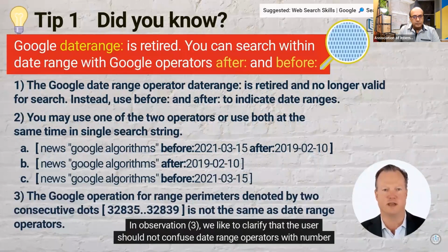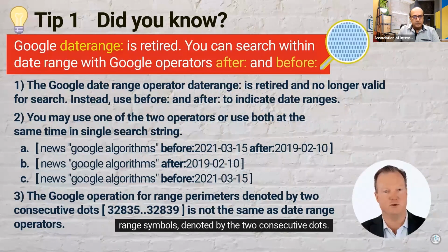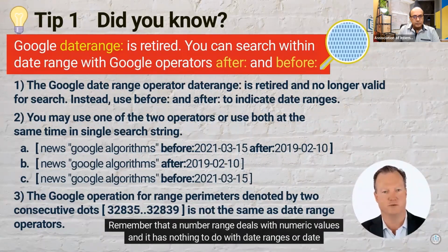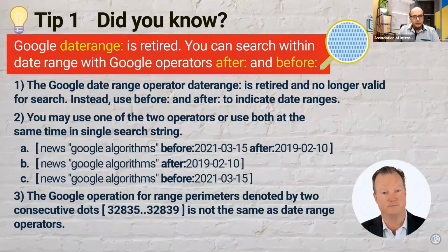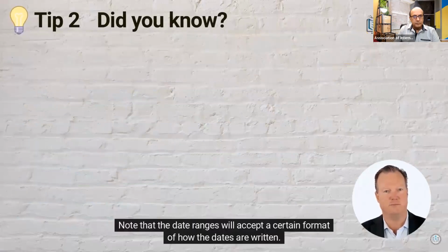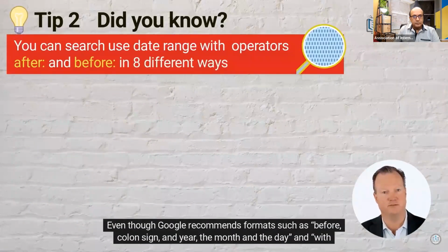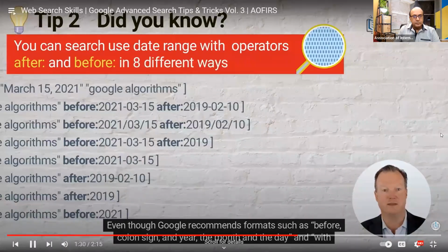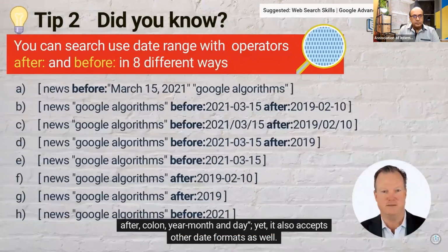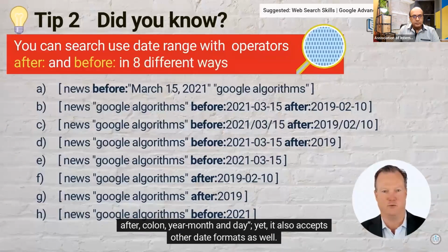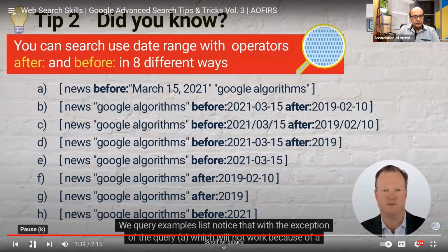In observation 3, we like to clarify that the user should not confuse date range operators with number range symbols denoted by the 2 consecutive dots. Remember that a number range deals with numeric value, and it has nothing to do with date ranges or date parameters. Note that the date ranges will accept a certain format of how the dates are written. Even though Google recommends formats such as before, colon sign, and year, the month and day, and with after, colon, year, month, and day, yet it also accepts other date formats as well. The query example lets you notice that